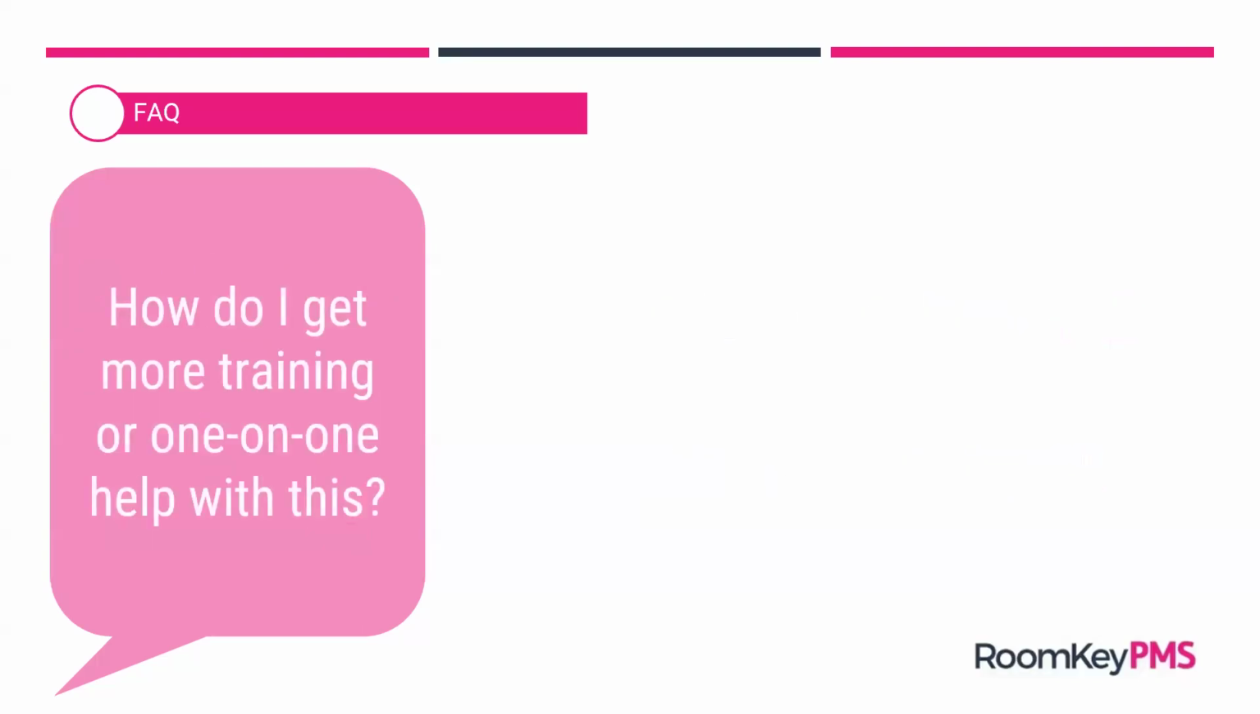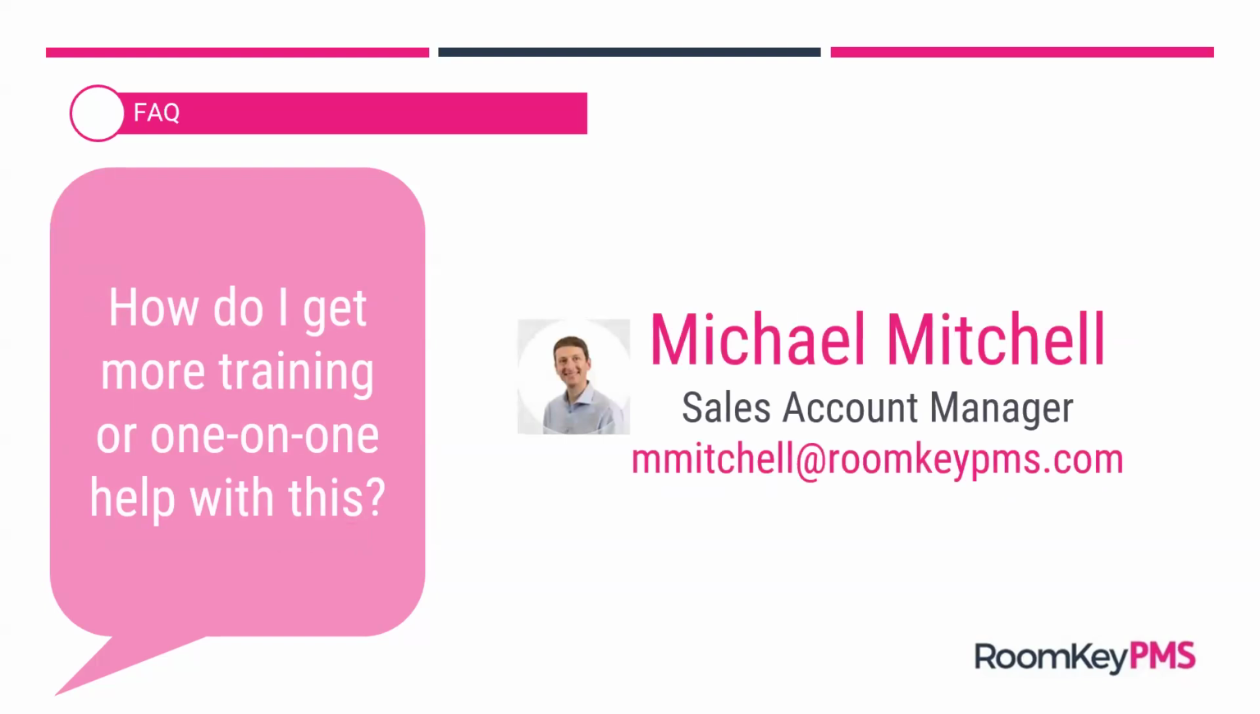Lastly, a common question that we do get is how you can get some more training, or if you need some more one-on-one help, if you would like some more help with maybe customizing your room types, or if you want some more one-on-one training with specific scenarios at your property. I do recommend reaching out to our sales account manager, Michael Mitchell. His contact information is on screen here, and we'll include it in our follow-up today. If you're interested in purchasing any additional training, or more one-on-one support, Michael will be able to help arrange that for you with our training and